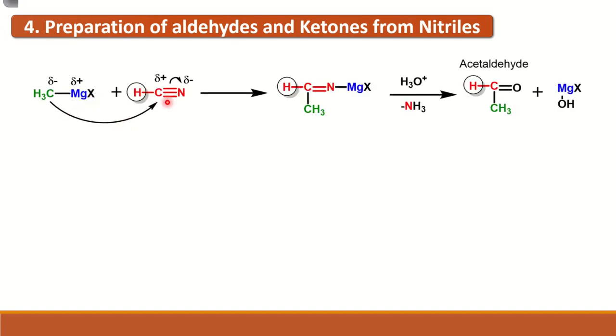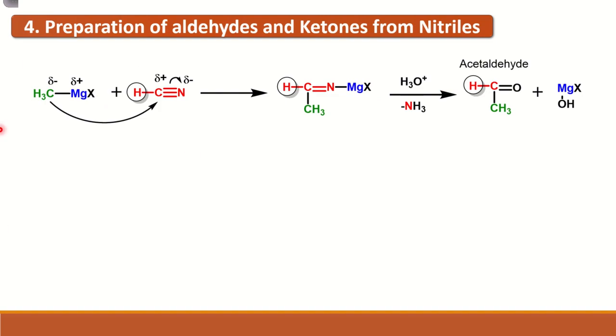So here I have taken an example of HCN. Now when I treat this with a Grignard reagent, I have taken CH3MgX. CH3 has partial negative charge, and this carbon is having partial positive charge because it is being attached with the nitrogen, which is a strongly electronegative atom. So this CH3 attacks onto the carbon, which is an electrophilic center, and this triple bond breaks into the C double bond N, and nitrogen obtains a negative charge. This negative charge then further attaches with the MgX to form C double bond N MgX.